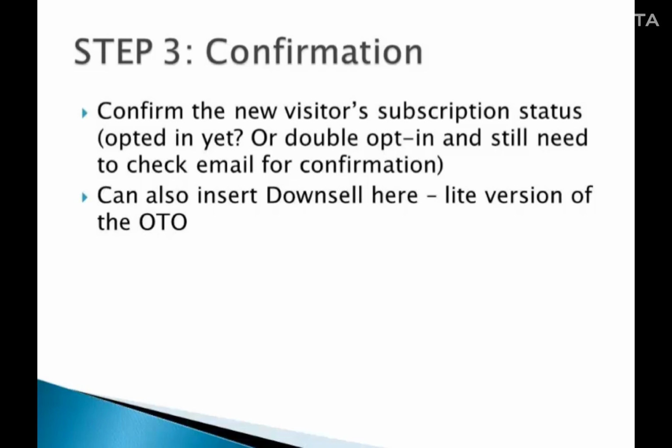can insert a downsell, which is also known as the light version of your one-time offer or OTO. It's everything your OTO is, except that it is priced lower and some of the components have been removed to allow affordable purchase. Start making money and cultivating the relationship right from the start. It can be done right away by asking the subscriber to do things you want him to do in that instant.